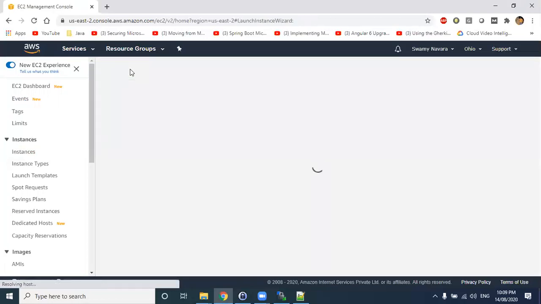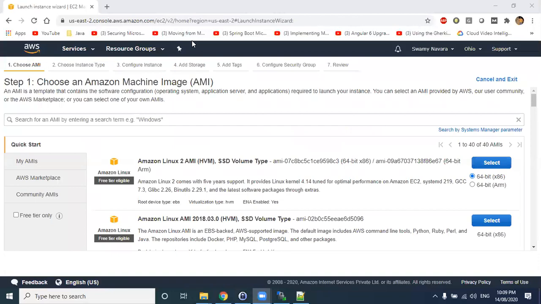Small doubt: these volumes can be attached to EC2 only? See, where do you need storage? You need storage for attaching either a Linux machine or a Windows machine or any server. When it comes to RDS and other services, they already have their own databases and their own storage systems. So mostly we use this for EC2 servers only.